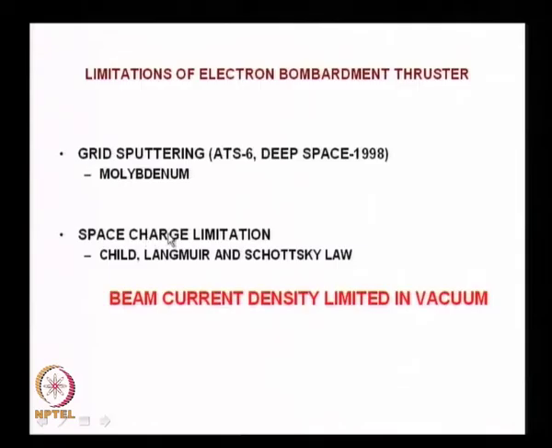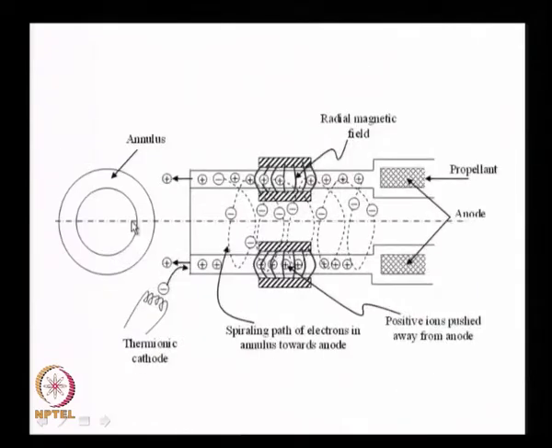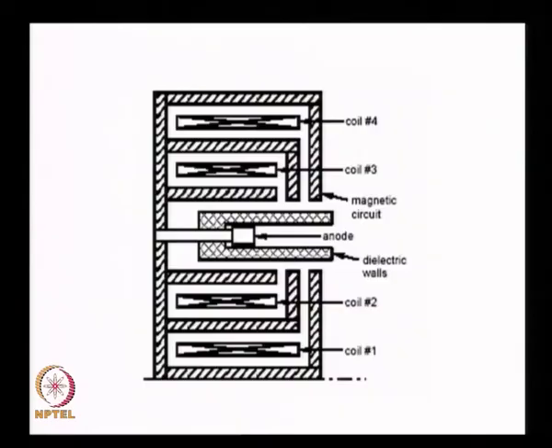But considering the space charge limitations, the tendency is to make use of the Hall effect, wherein you allow the electrons to be attracted over here, the electron spiral generates the positive charges, repelled by the positive charges, and out it goes over here. But I did not really specifically tell about the disadvantages of the Hall thruster, so let us look at the construction. This is the center line. I put a magnet here, this is the annulus, I put a set of magnets here, I have a strong magnetic